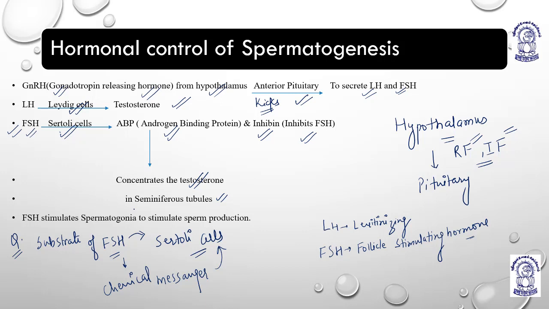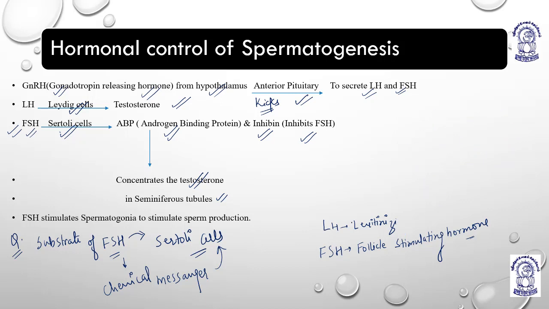So they need a good amount of steroids, and for making or maintaining the level of steroids, the body needs to show a feedback mechanism. So what type of feedback mechanism? I'll just show you with the help of an example. I hope you all are getting me. So how actually it is controlled, I'll show you.